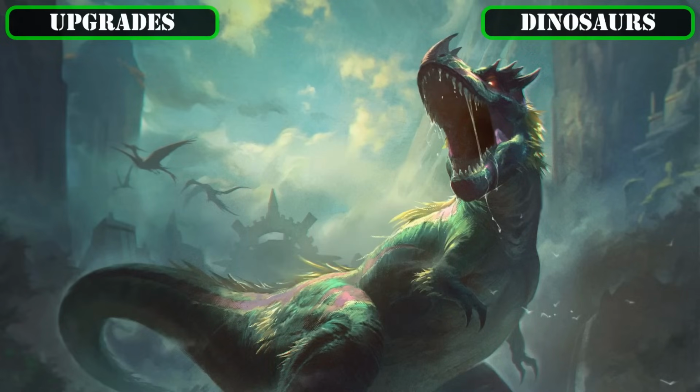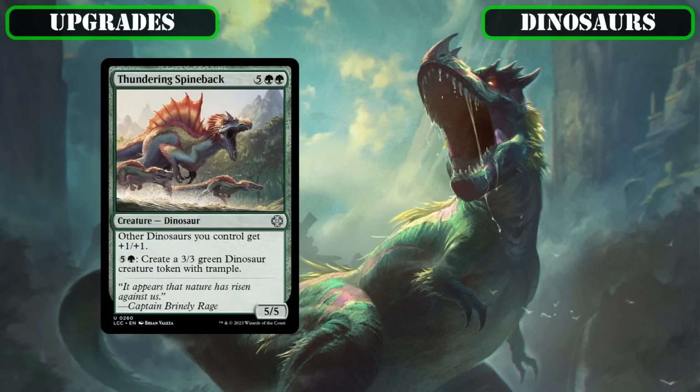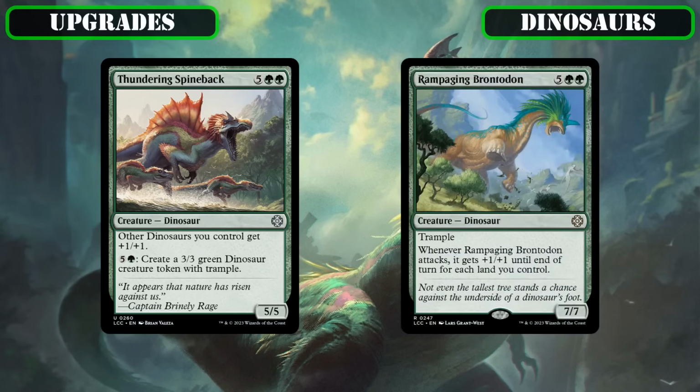And finally, reaching the most impressive of our new specimens, we'll be cutting Thundering Spineback, who's a passable tribal lord, but its low stats and high cost token creation make it not worth running here, and Rampaging Brontodon, which is admittedly a gigantic beatstick that only gets better as we make our land drops, but loses out here since this deck has no shortage of beaters that are either cheaper or bring more to the table,